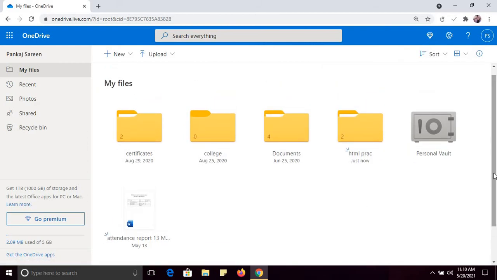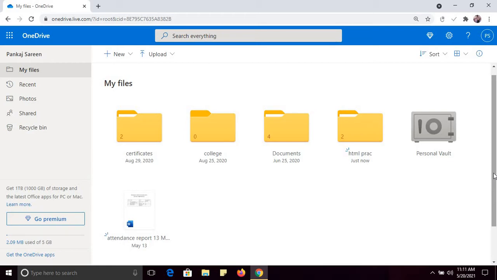So this way you can upload files and folders in your OneDrive. So you can have access anywhere. You can have access to these files and folders from anywhere. You just need to sign in into your Microsoft OneDrive cloud, and you can access your files and folders.